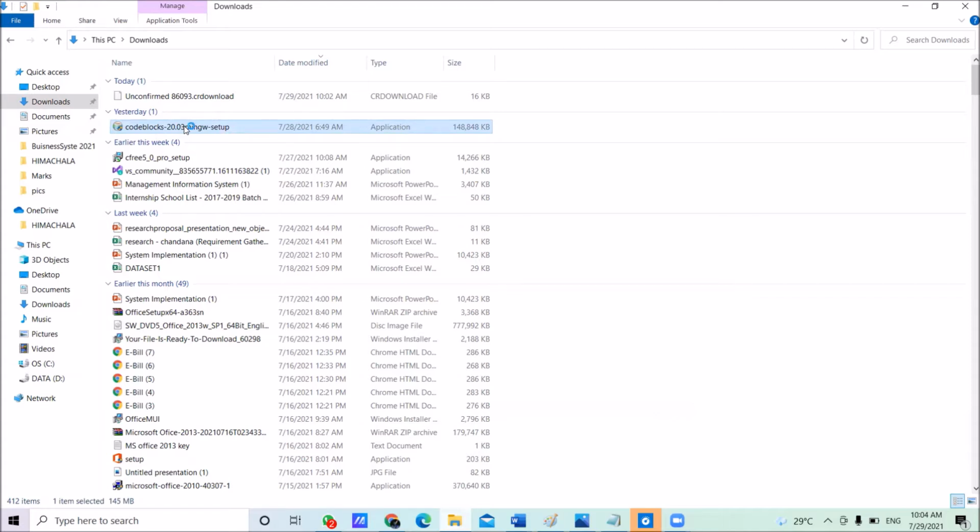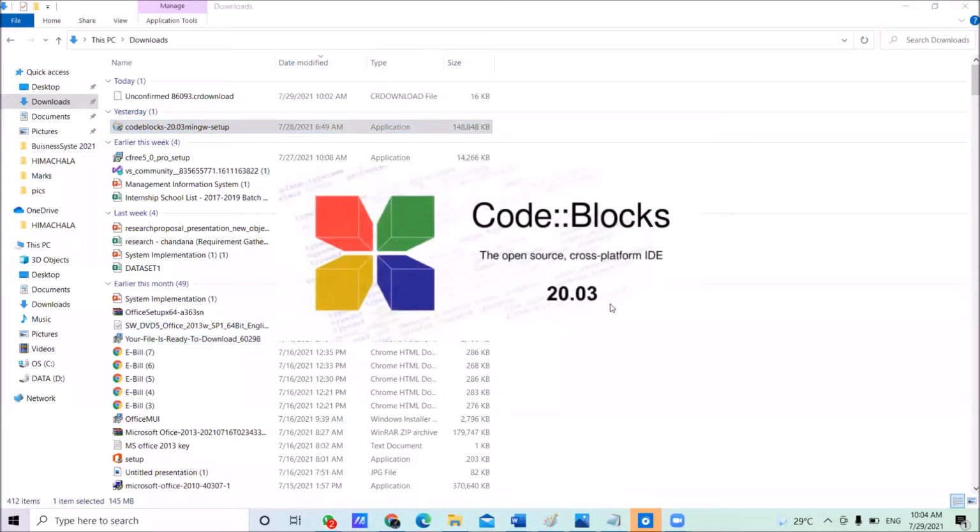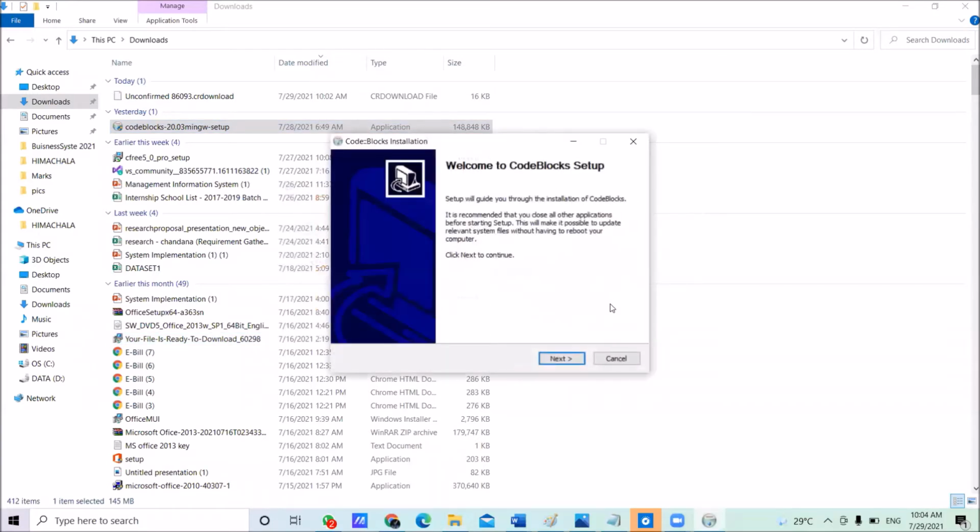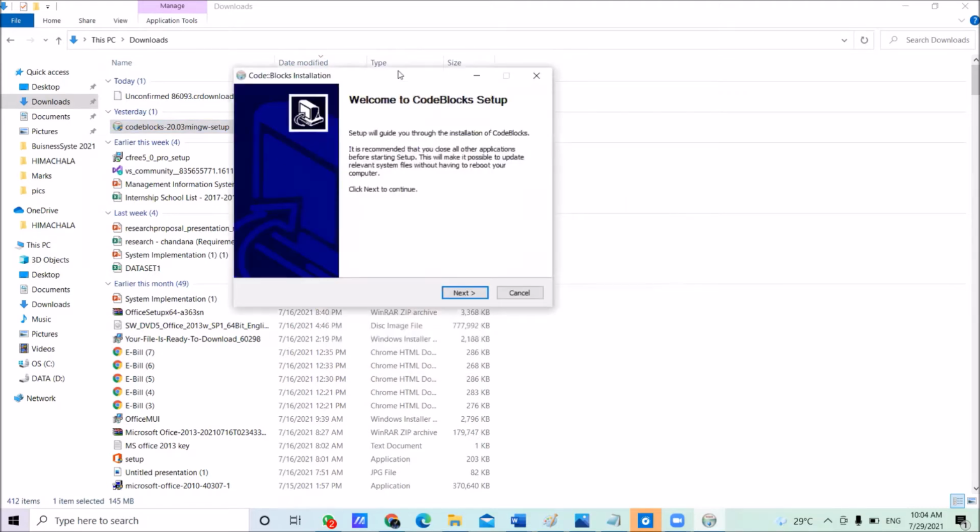Once you double click, it will start installing Code::Blocks onto your computer. If you get a message like this on your computer, click yes. Then it will start installing and direct you through the installation. There are some steps.